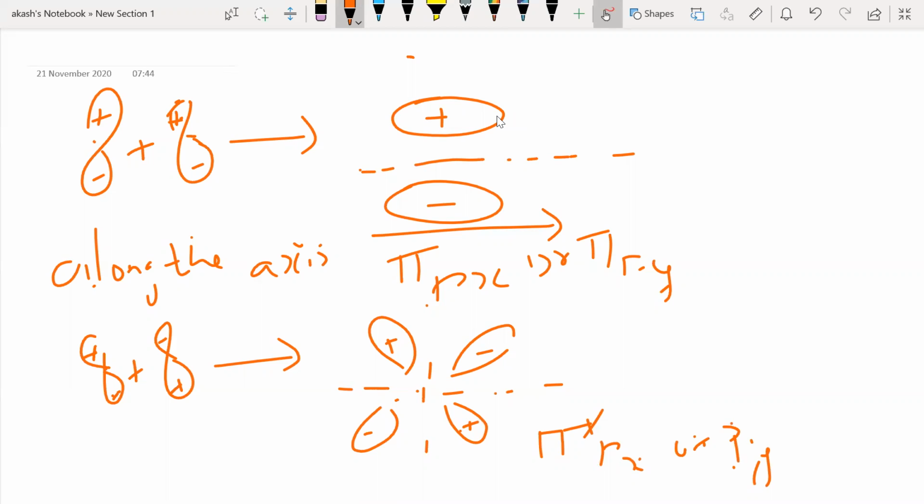So this is my pi star px or pi star py. Now what do you see here? I have two nodal planes, is it not? One, obviously, if you have an anti-bonding orbital, you will have a nodal plane perpendicular to the internuclear axis. And if it's a pi orbital, whether it's bonding or anti-bonding, it is always going to have a nodal plane along the axis. Is it cool? So these are all the different shapes of your